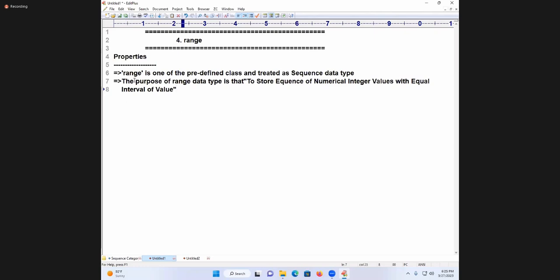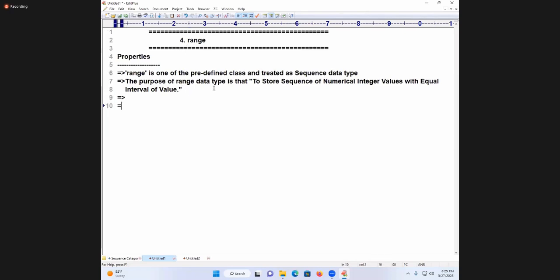Once again, the purpose of range data type is to store sequence of numerical integer values with equal interval of value. That comes under what data type? Range. Now I'm going to write certain points, students. Don't worry about those points. I will write it. Range data type